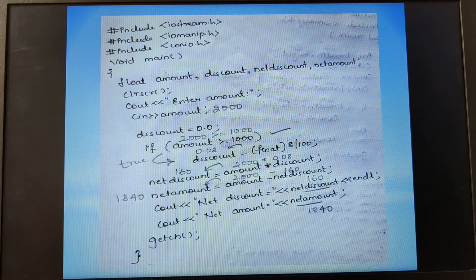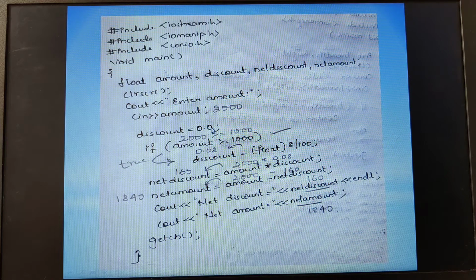At any point of time in your programming, you can initialize. So now I am going to use a discount, therefore in between I have initialized, either here or you could have initialized here also. So I am telling that discount should hold an initial value as 0.0. That means discount should not hold any other value. I am reinitializing it to